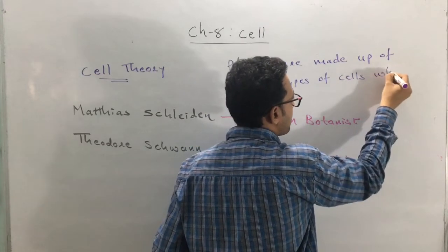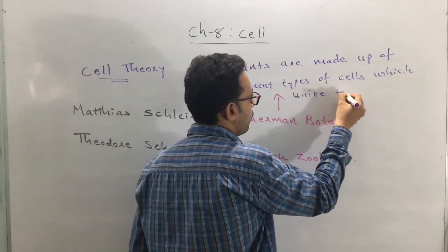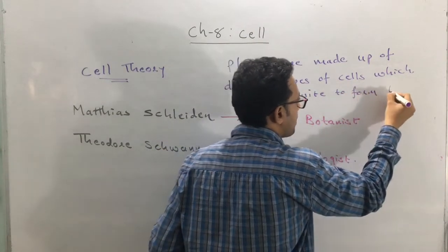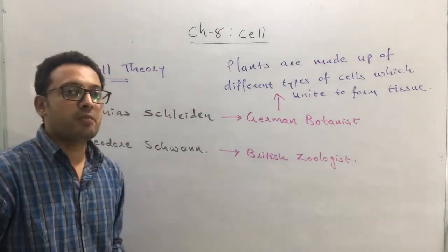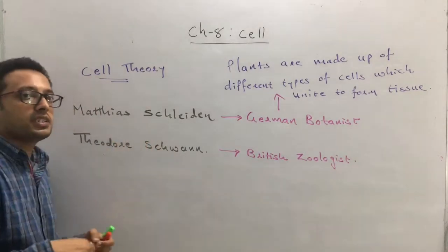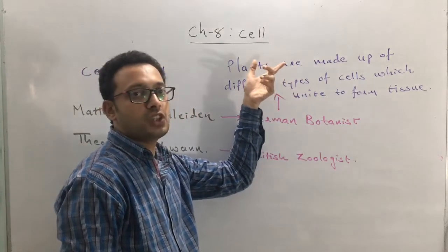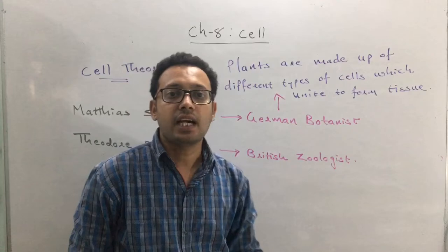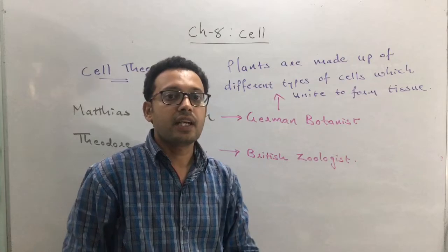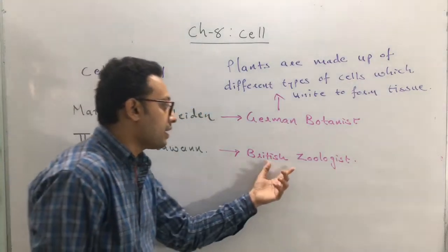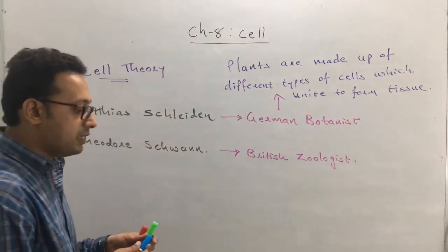Which unite to form tissue. This is a discovery of a German botanist, Matthias Schleiden. As he is an expert in plant science, he did experiments on plants and discovered that plants are made up of different types of cells, and these cells unite together to form a tissue. Similarly, the British zoologist Theodor Schwann, an expert in animal science,